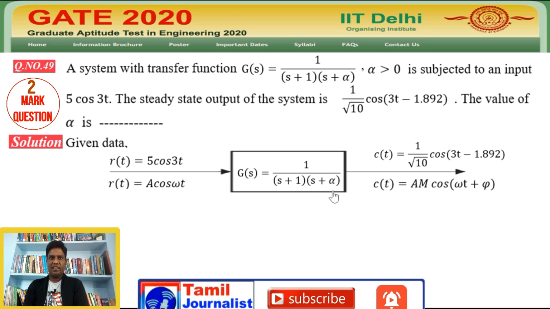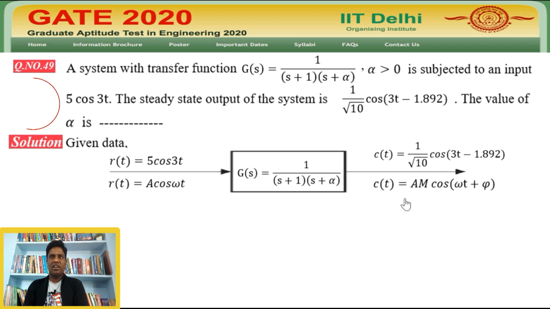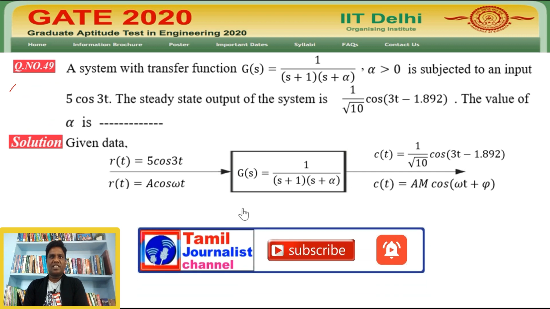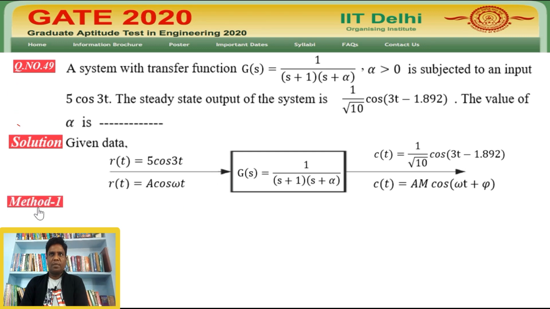Basically this type of problem can be solved by two methods in order to find the unknown parameter. The first method is the magnitude criterion method, based on the calculation of the magnitude multiplication of the system from the open loop transfer function expression. The second method is the phase criterion method, based on the calculation of the phase addition of the system from the open loop transfer function expression. Now we will go with method 1 using the magnitude criterion method.